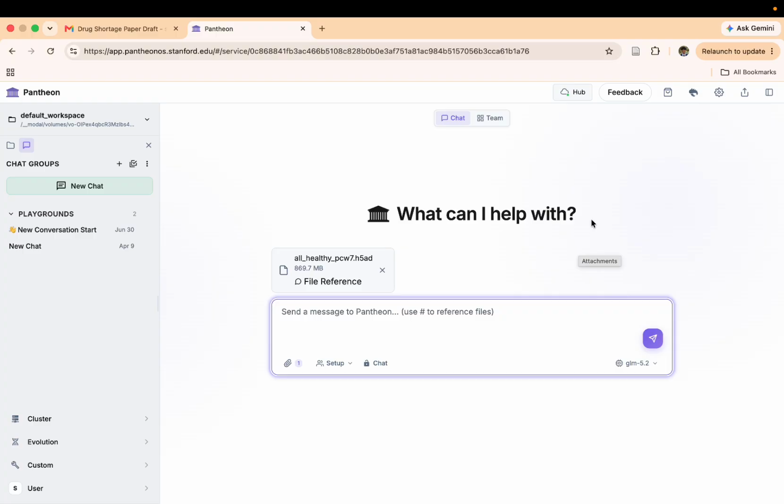And now I am going to give the platform a query. So I'm going to type in the chat box. Before giving any prompt, it's always best to very briefly provide context for what the file you've attached is. This is especially true if you're attaching multiple files, especially for something like spatial transcriptomics. So this is a genomic data set taken from a healthy